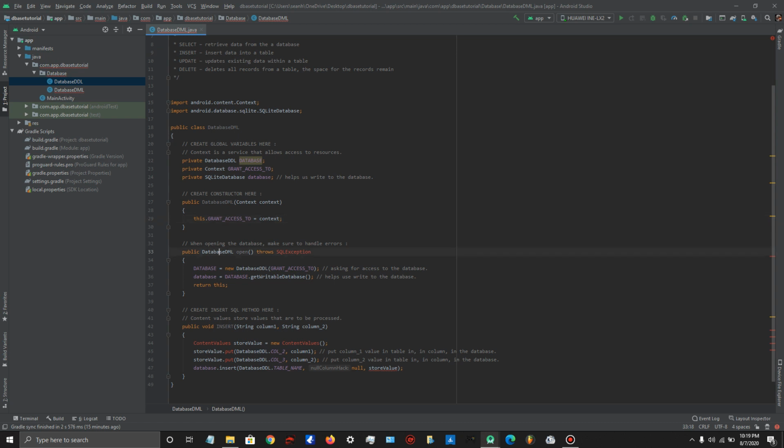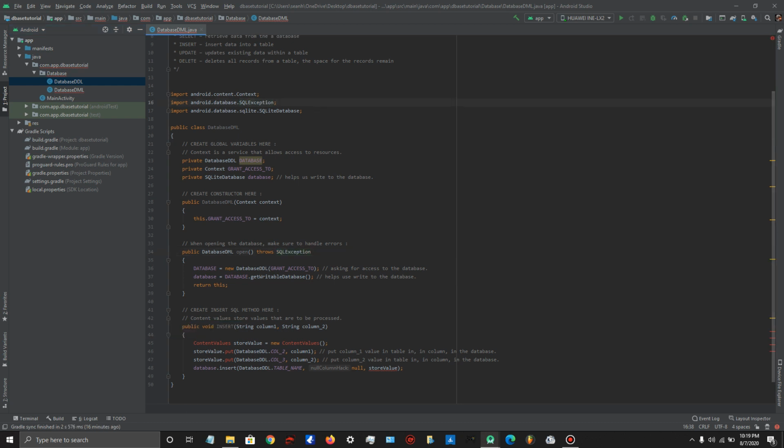So then we create an open statement to open our database. When we're opening our database, we want to make sure that we handle any errors that we can run into, especially ones where if there's no data inside the database, then usually it will crash. Sometimes if you've coded Java before, you'll know you'll have to put that try and catch statement for your database when you are creating it. So that's why we're doing this. We're making sure that we prepare to handle errors. So here you want to import this SQLException class and make sure you import the android.database one,